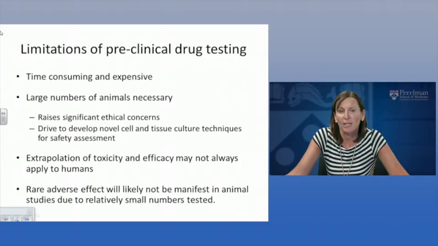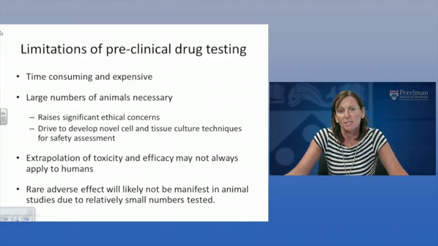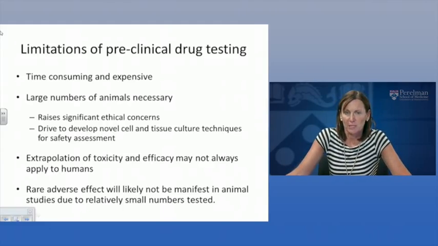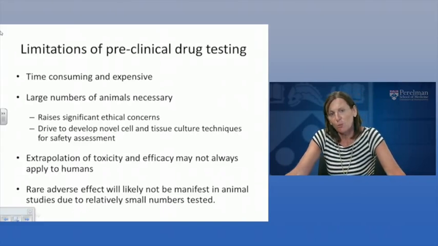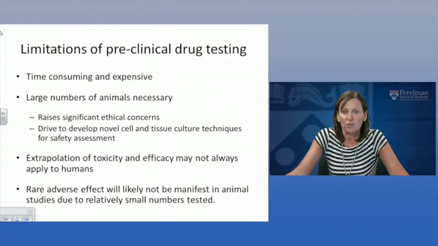And there is a real drive through the development of consortia across large pharma houses together with academia as well as regulatory bodies to try and develop novel cell and tissue culture techniques that would enable safety assessment of drugs and ideally would obviate the need for animal testing in the preclinical drug testing phase. We're a long way off from getting to this point, but it is certainly an initiative that has a lot of enthusiasm behind it. The third point to consider is that extrapolation of toxicity and efficacy may not always apply